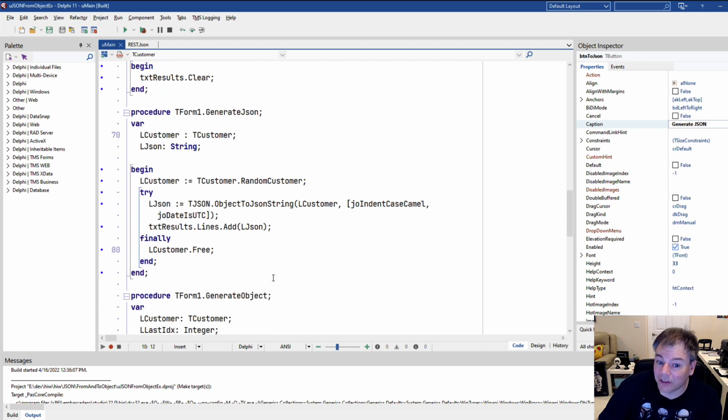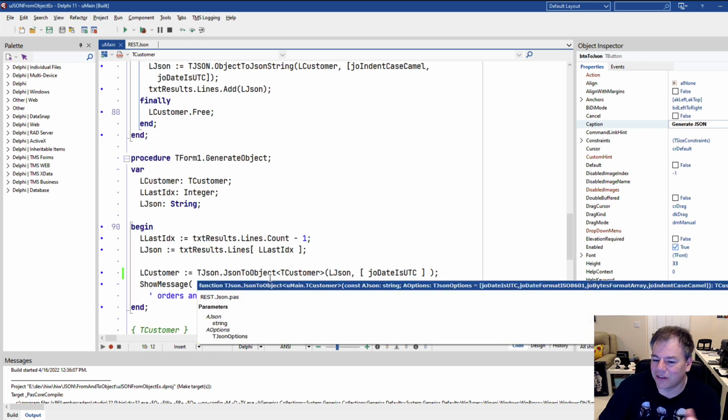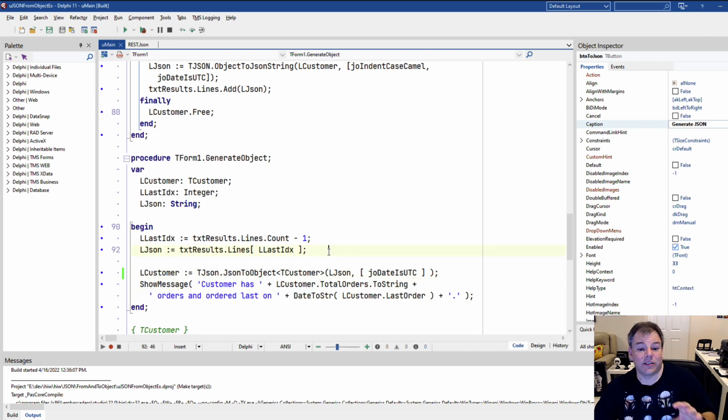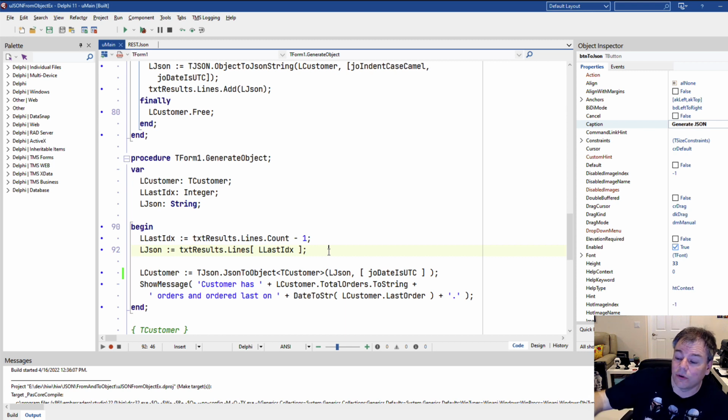And of course, there is no restriction in Delphi. You can use other JSON functionality that you don't have to tie everything to a class. But as I said, this is the first step. You will be able to generate JSON content and also read JSON content to make your application interoperable with other applications on the web out there.